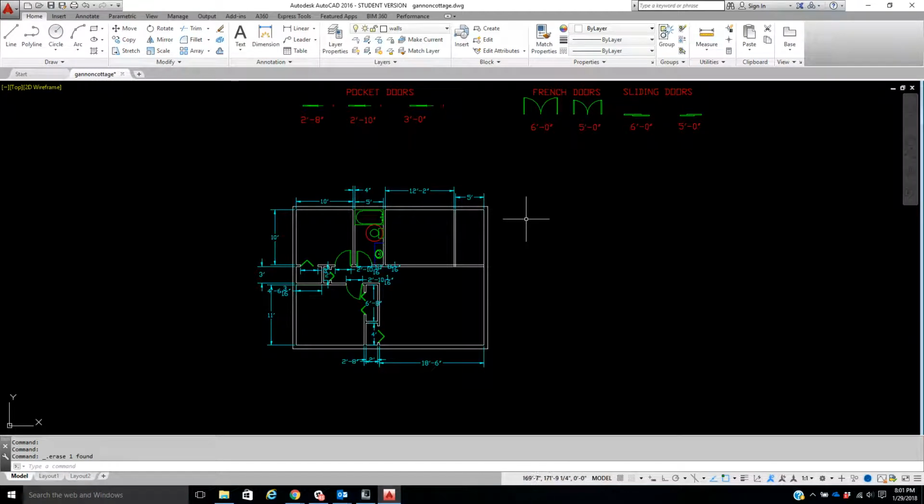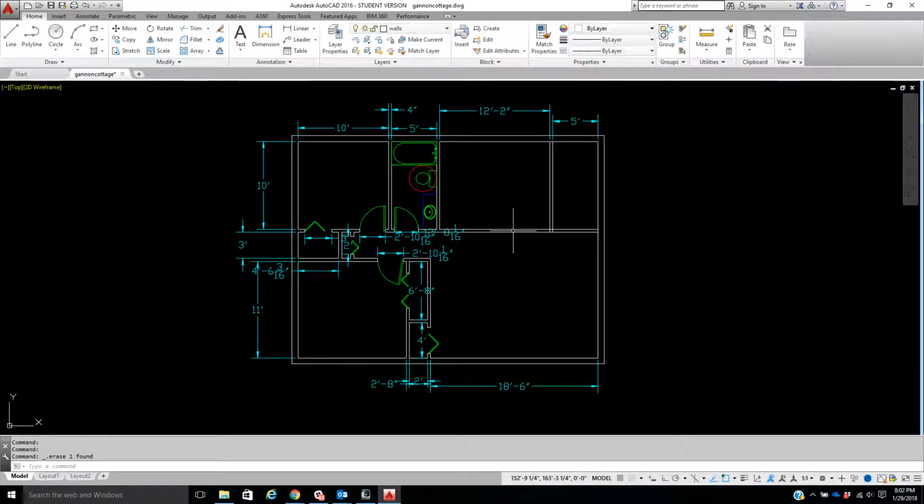Okay, let's make this our part 3. And we had finished up doing a bunch on the house already, or the cottage, I should say. And everything else is pretty well set as far as down here goes. We have to do the kitchen, the front doors, and the utility room, things like that. So what I'm going to do now is, since I don't need all these numbers at this point,